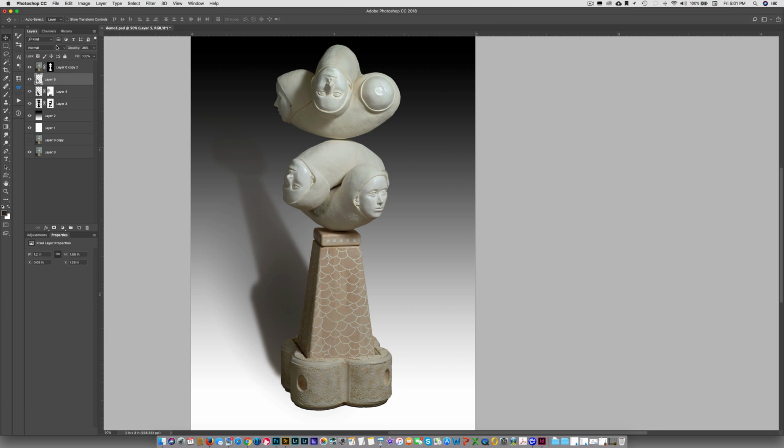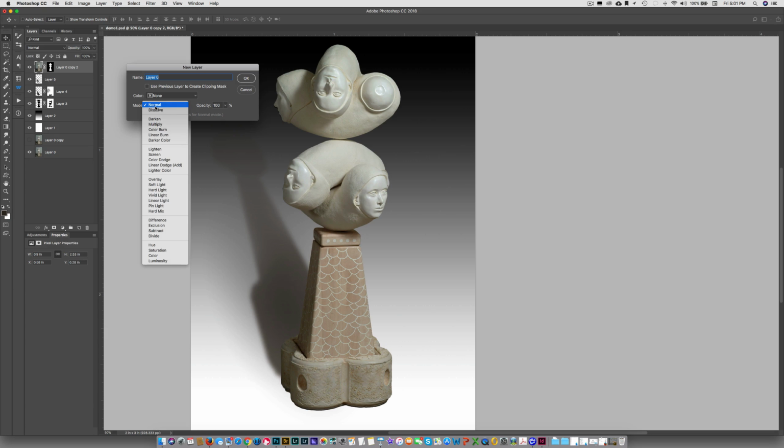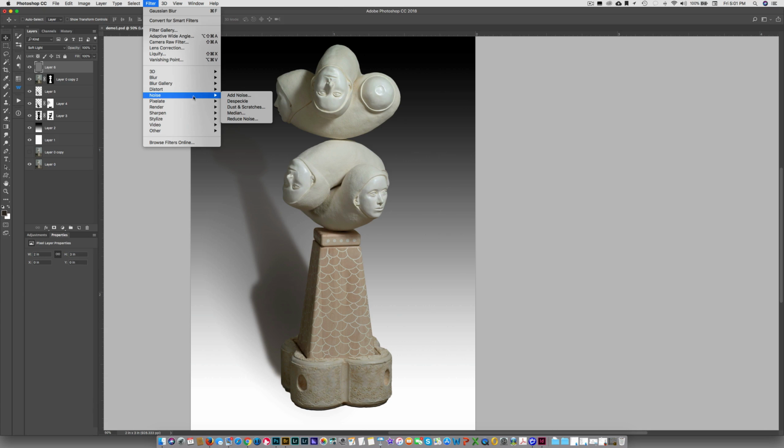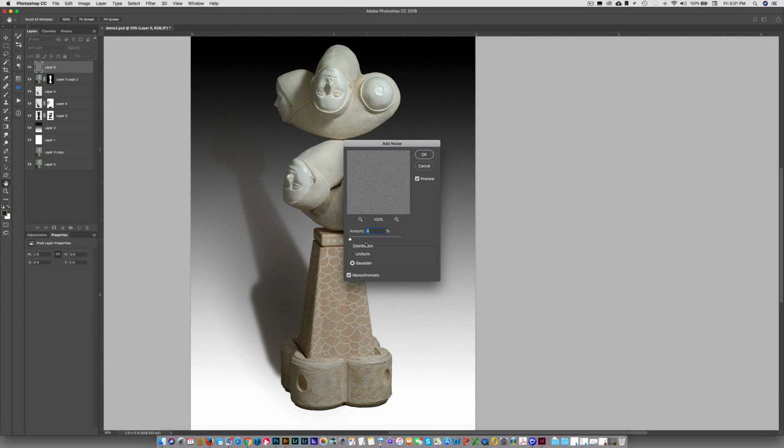The next thing I want to do is to unify this. So I'm going to create a dodge and burn noise layer. To do that, I'm going to hold the Option key and click on the new layer icon. In here, I'm going to go Mode, take it down to Soft Light, fill with Soft Light Neutral Color 50% Gray, and hit OK. Now I have this layer that's doing nothing. Remember, it's a dodge and burn layer, so if we were to paint with black, it would burn, paint with white, it would dodge. But what we're going to do is go up to Filter, go down to Noise, add Noise,